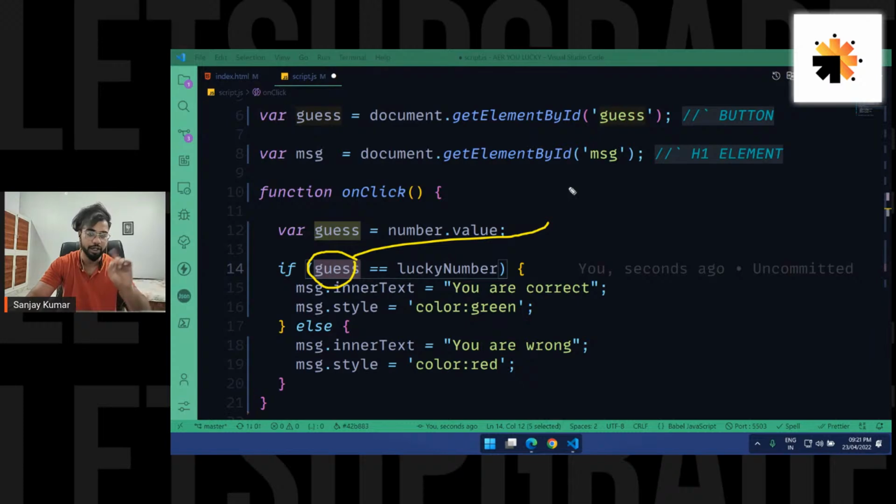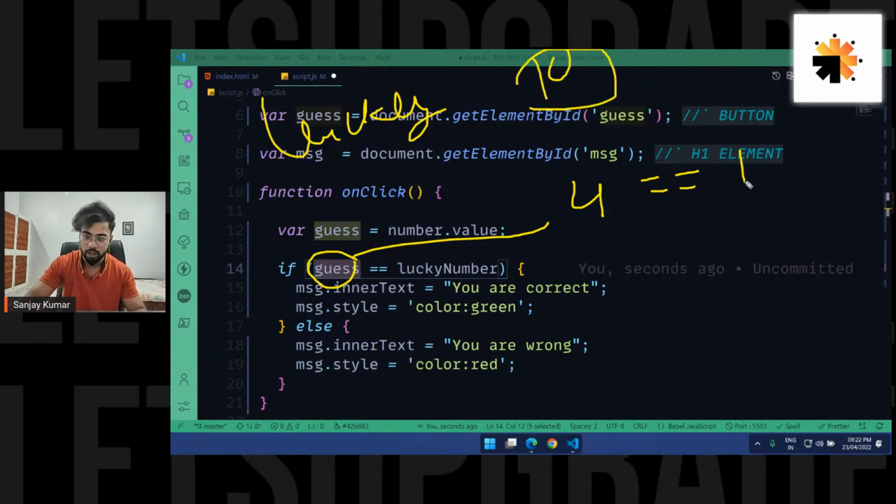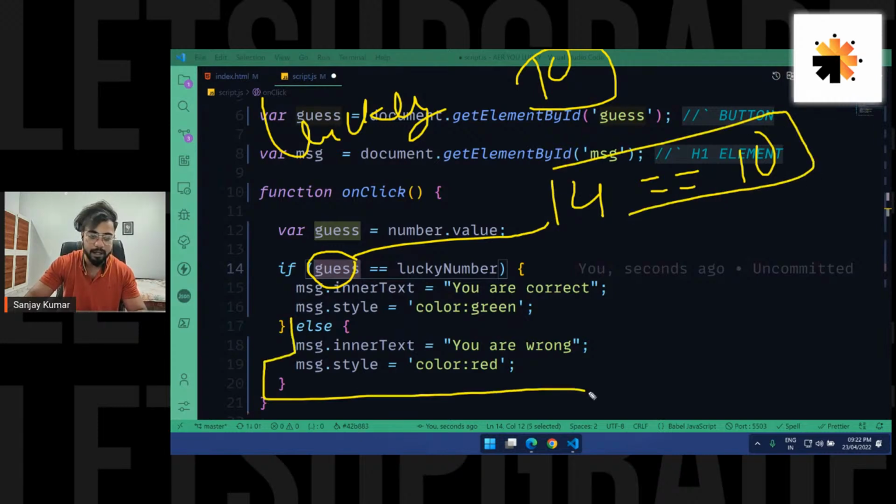Let's just suppose the user input is 4. So I just checked if the user input number is equal to the lucky number. The lucky number is generated automatically every time. Let's just assume the lucky number is 10. So obviously 4 is not equal to 10, so then the else part is going to be executed. And here what I've done,